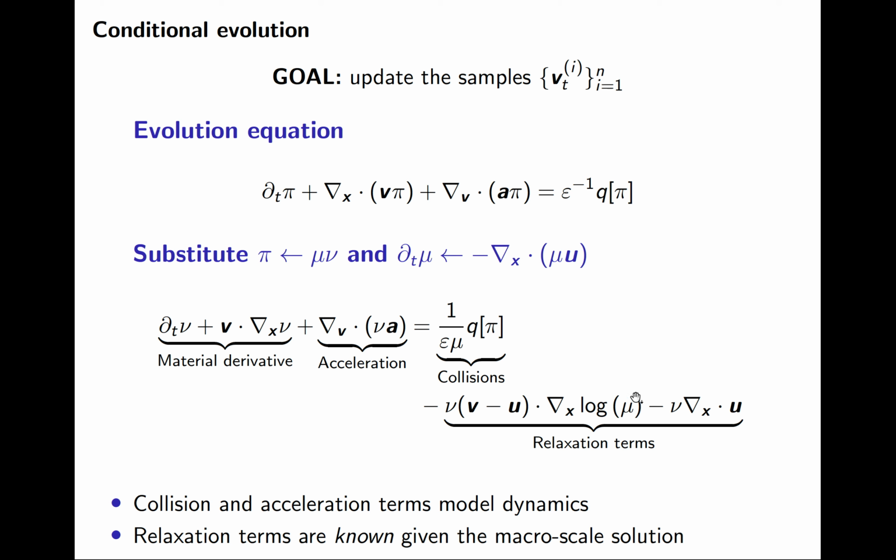And then this last set of terms here are the relaxation terms. And these relaxation terms, you can think of them as kind of penalizing these particles from deviating too far from the expected velocity. So this first relaxation term basically says that the difference between the particle velocity v and the expected velocity u can't be too large, and the amount of that penalization depends on the gradient of the mass density. And then the second term is a relaxation term that depends on the divergence of the macroscale velocity, which